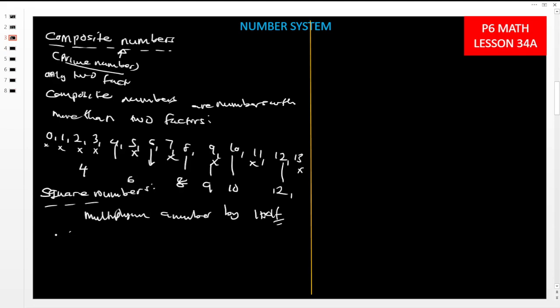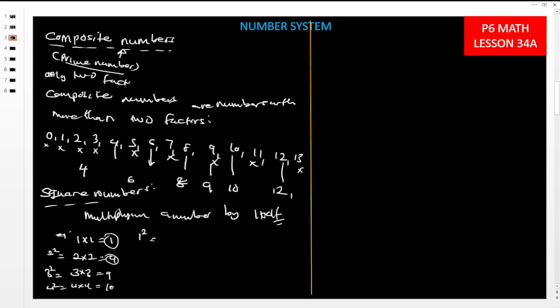For example, 1 times 1 we get 1. Now this one becomes a square number. Then 2 times 2 gives us 4. This one becomes a square number. Then 3 times 3, this one becomes a square number. Or you can just say 1 squared, which means 1 times 1. So it can be 2 squared, which means 2 times 2, or 3 squared, which means 3 times 3. 4 squared means 4 times 4,